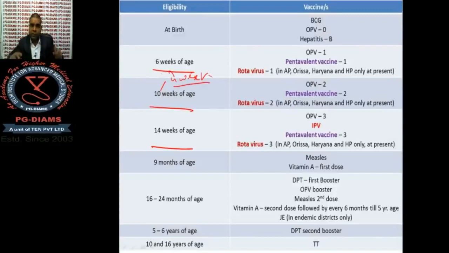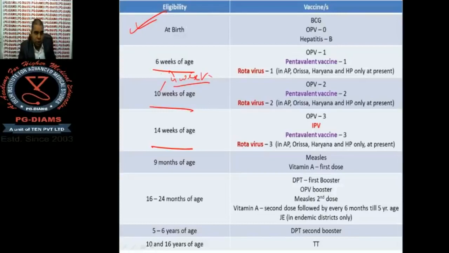Because if we give 2 live vaccines within this 4 week duration, suppose one today and one after 1 week, then this live vaccine will not get the time to develop the active immunity, and the live vaccines may cross react with each other. Okay, so we take a minimum interval of 4 weeks, and in this table I have shown you the universal immunization program recently opted in